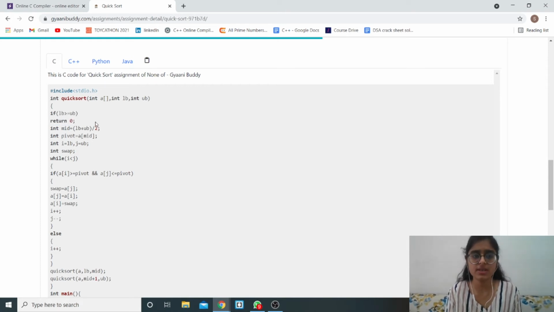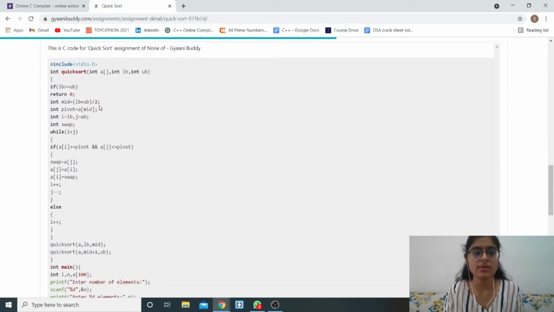If this condition is satisfied, then there is no point in moving ahead in the code, so we directly return. Then we are finding the middle element by the formula (0 + n-1)/2 and putting this middle element in the variable known as pivot, since we need to work with the pivot element ahead.